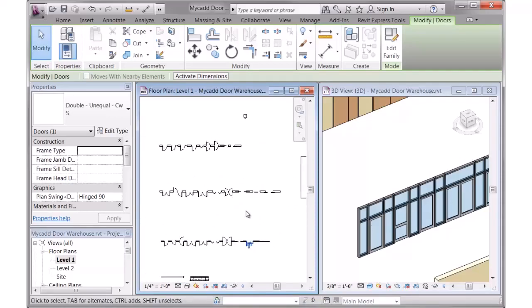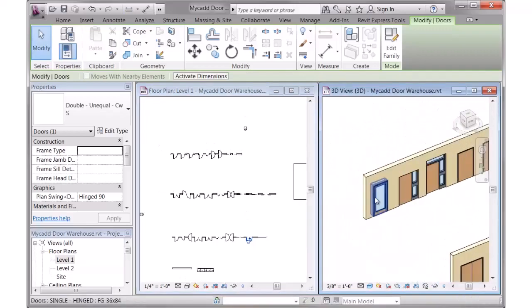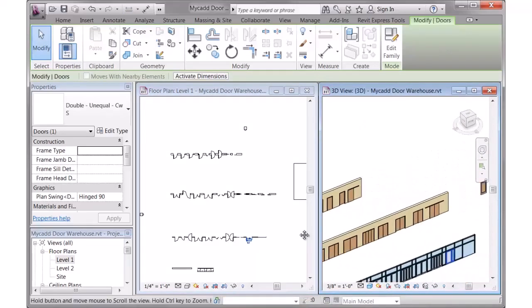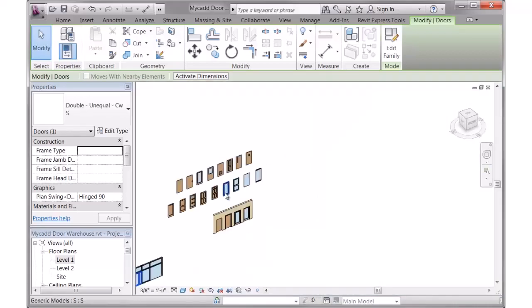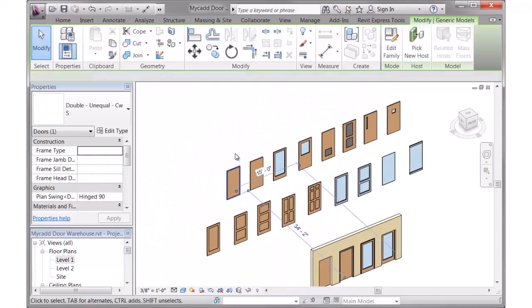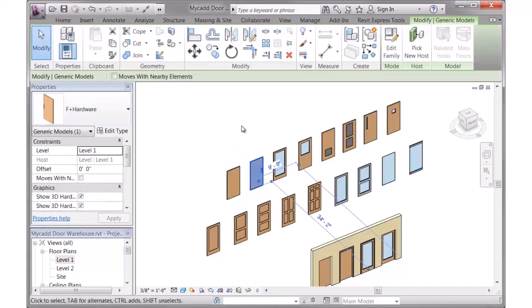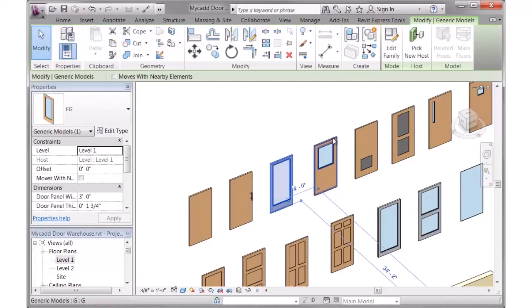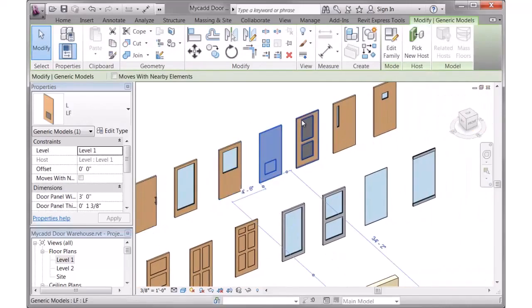Now each of the door families has the option to change the door elevation, as you saw right here when we got started. We also built a number of door panel families. So let me maximize this and we'll take a closer look. So again, the nomenclature was based on the Steel Door Institute. So we have a flush door. This one was a flush with hardware. Then we have full glass, and we have G for half glass, a couple different louver options, a narrow panel,